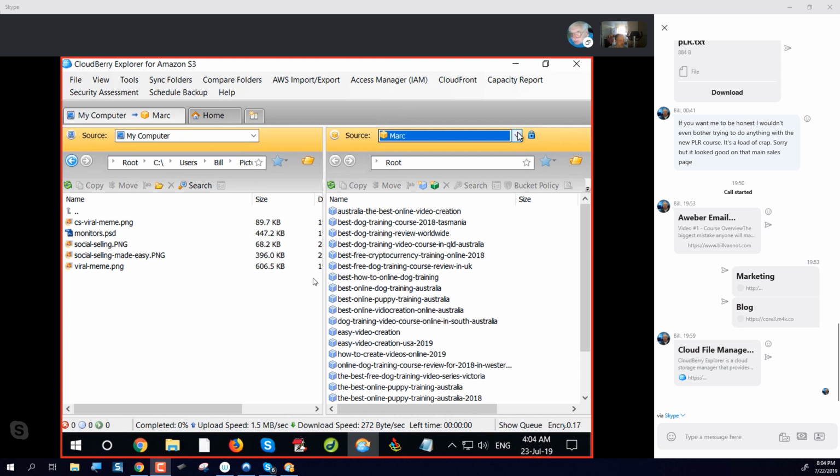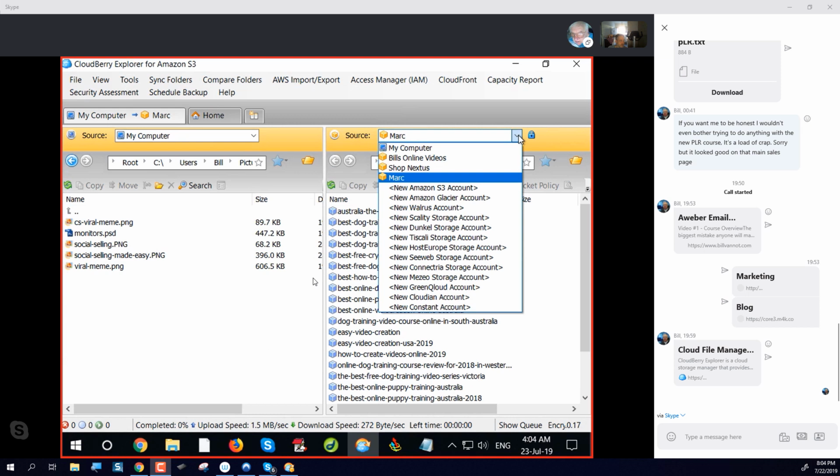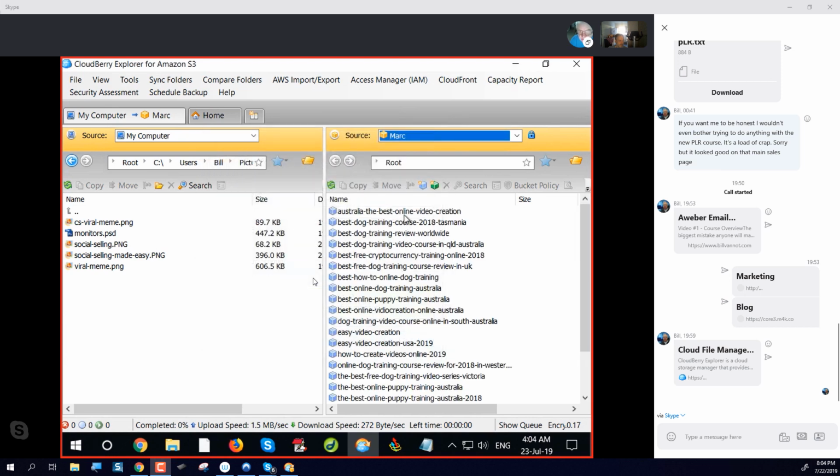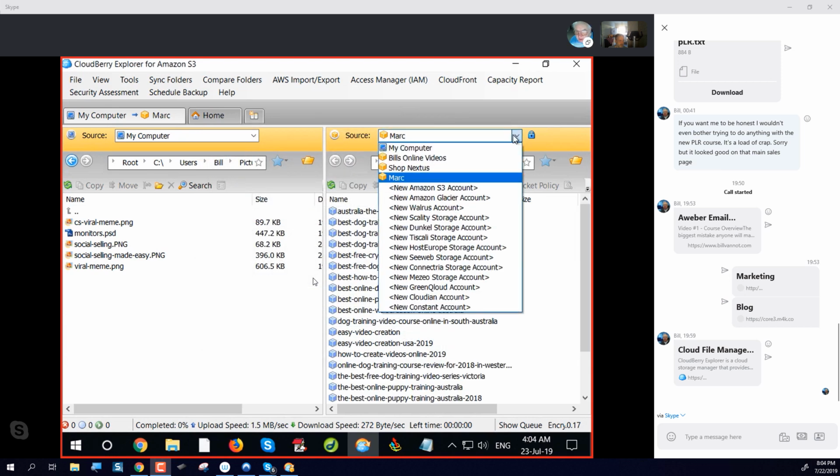I'll have to do a search on this to find out how to connect. Oh, new Amazon S3 account from the drop-down window. Right, and then you put in your display name. So you put Mark, access key, security key, and then use SSL. Well, I don't think I've used SSL because you can do it afterwards. But basically what happens then when you connect,